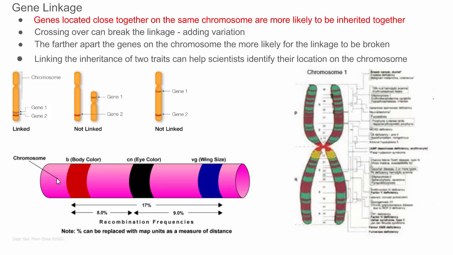So if you inherit that chromosome, most likely you got the gene for red hair and you got the gene for freckles and the gene for light eyes. They are linked because they're close together on those chromosomes. Now if they happen to be far apart, crossing over could make it more likely that those get separated. And this is how scientists sort of put together these maps of the genes. They look, okay, how often are these traits inherited together? The more often they're inherited together, the closer they are on that chromosome. So that's how these are put together.